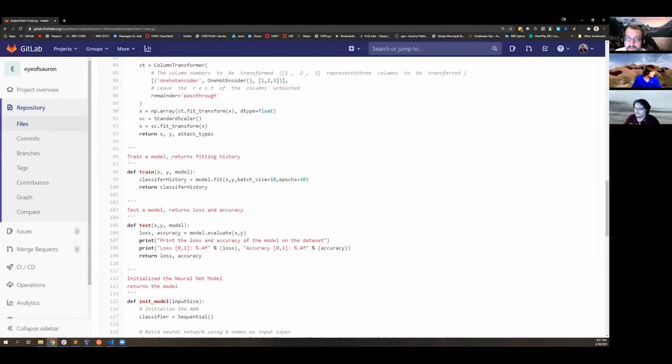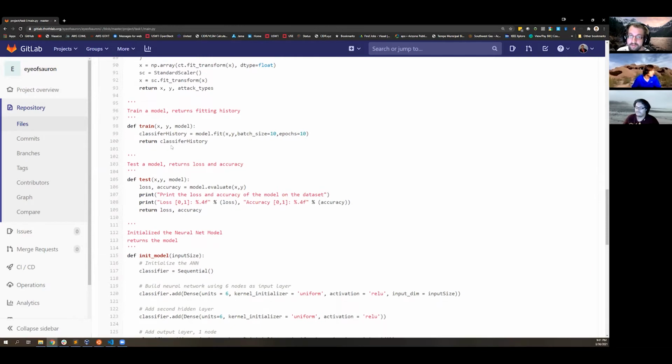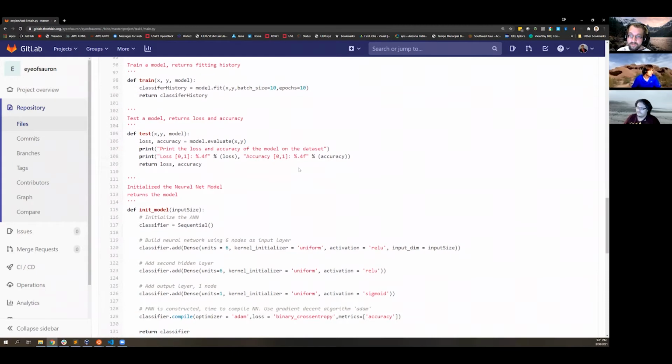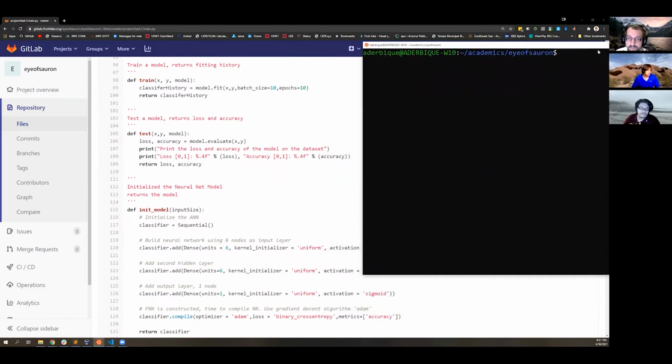We then trained the neural network on the normalized data, which gave us a fitting history. Later, we took a separate test data set, evaluated that, and determined how good and accurate the test data was based on our train data. And that's mostly the